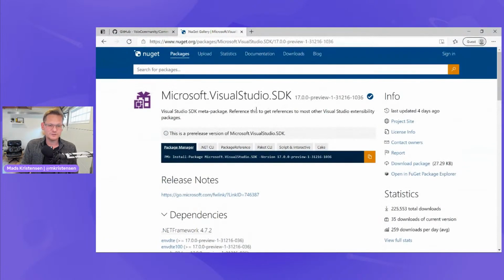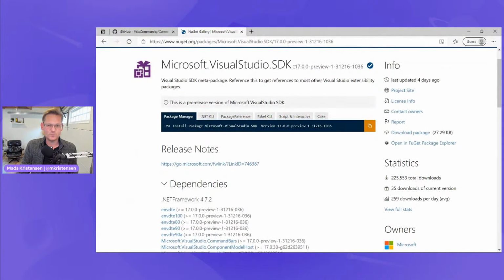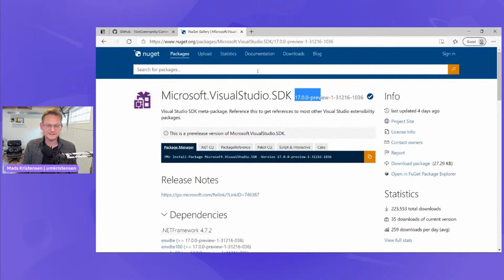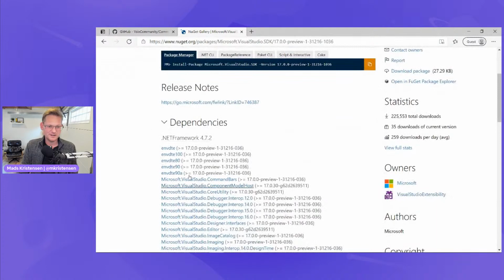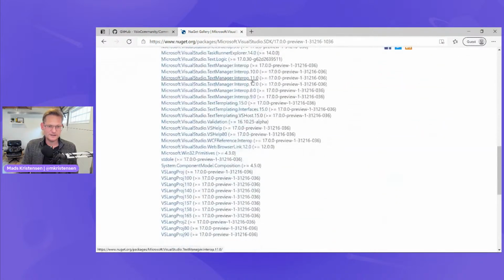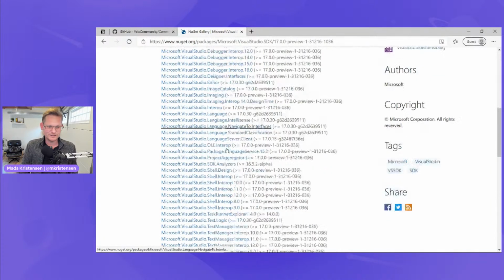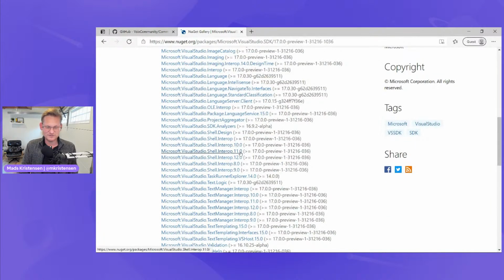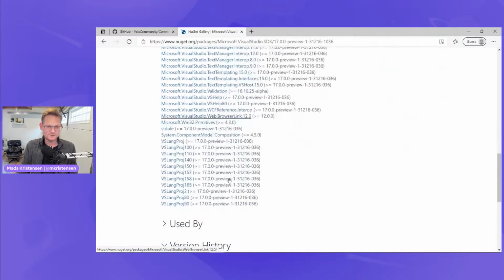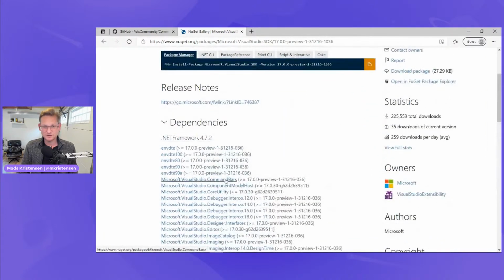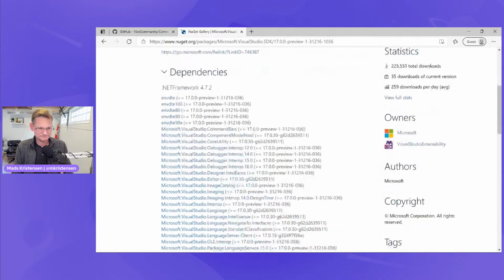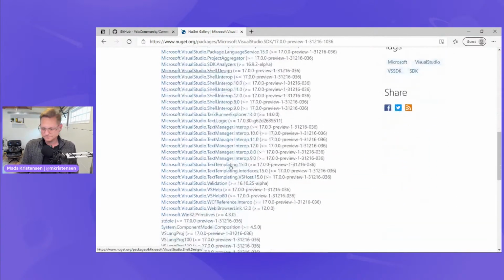Here, by the way, is the Visual Studio SDK version 17. I'm not signed in or anything. It's publicly available. You can see all the references. And notice how all these design time things are gone. Like Microsoft.VisualStudio.Shell.10.0.DesignTime is gone. Not there anymore. So we're going to have a shorter list of dependencies, so our restore should be faster, which is nice. All right. I'm kind of looking through the questions here.